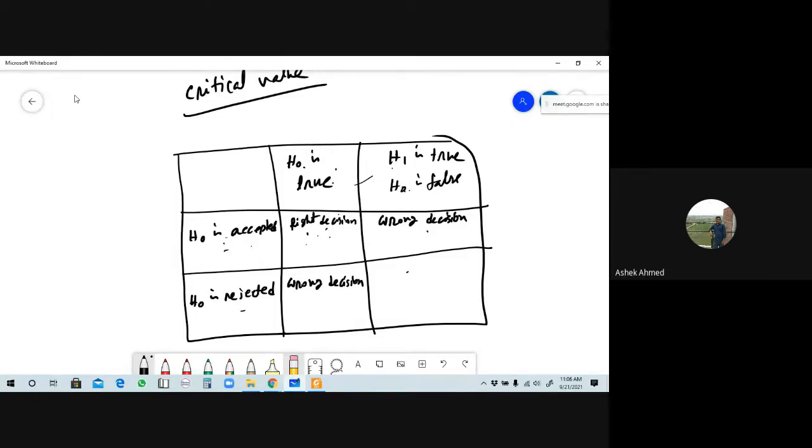True না false? H naught false, আবার H naught rejected হচ্ছে। True না false? H naught টা false, আবার H naught reject হচ্ছে। ঠিক আছে না? রাইট না রং বুঝাচ্ছে? Sir, wrong decision. কেন রং হবে? Sir, দুইটাই তো false স্যার। H naught false, আবার H naught reject হচ্ছে। তাহলে আমাদের H naught নাই ওখানে, দরকার নেই জায়গাটা। রাইট অবশ্যই। H naught টা false, true না। জি স্যার। স্যার that will be কি? Right হবে।